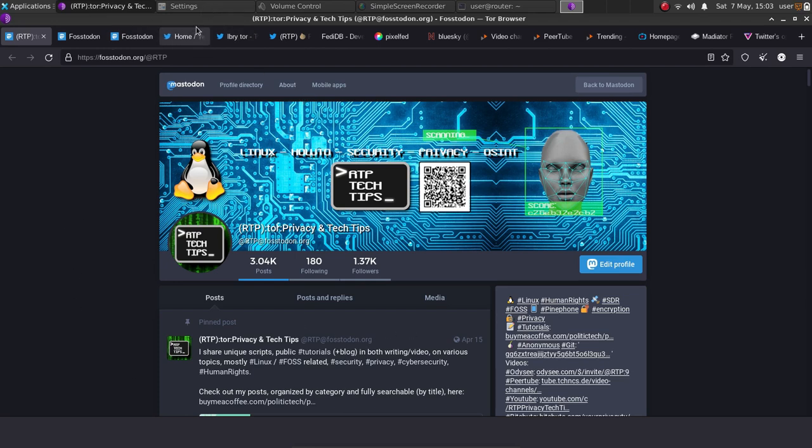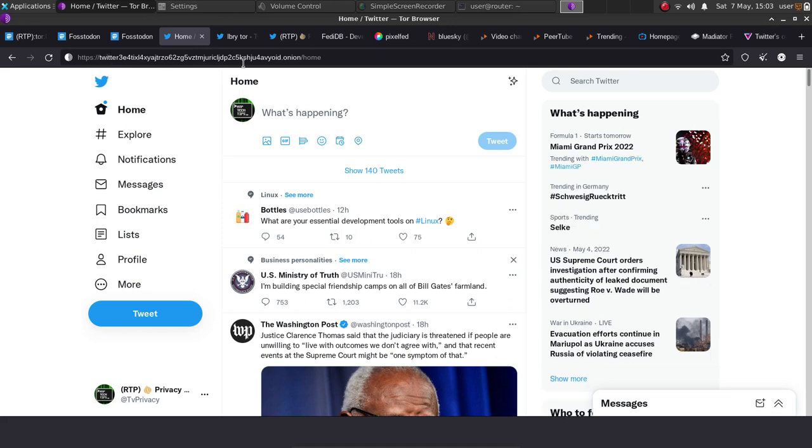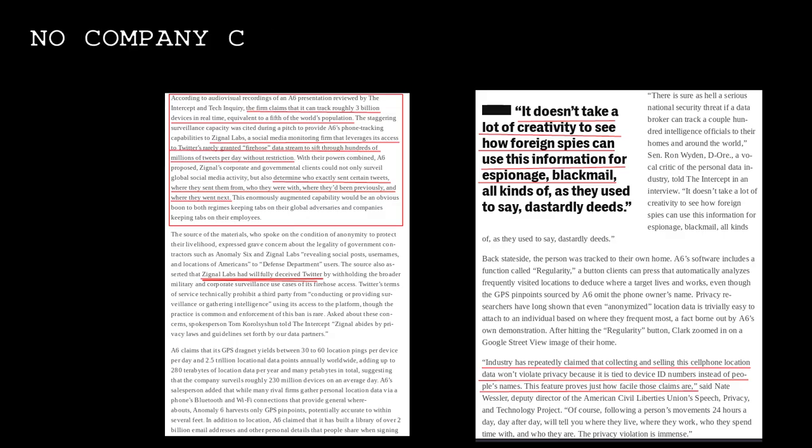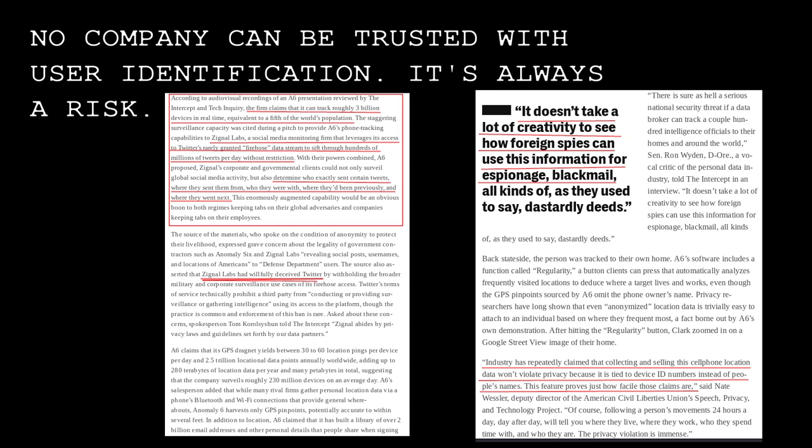Now, I got to give Twitter credit. They do have a Tor hidden service Twitter address, which you can use now. And as long as they don't force identification on user accounts, I will still say Twitter is an option. Now, if they do force identification for accounts, that's against what I believe is the moral thing, which is people in vulnerable situations may not be safe in that way.